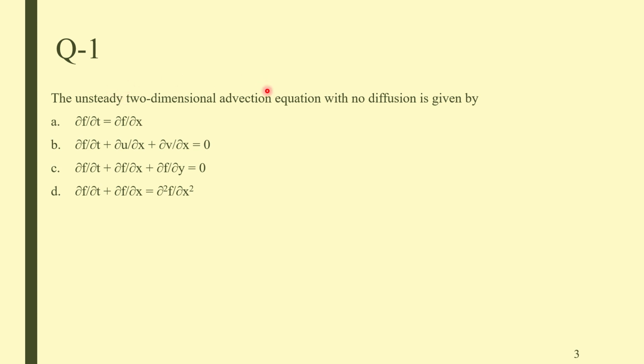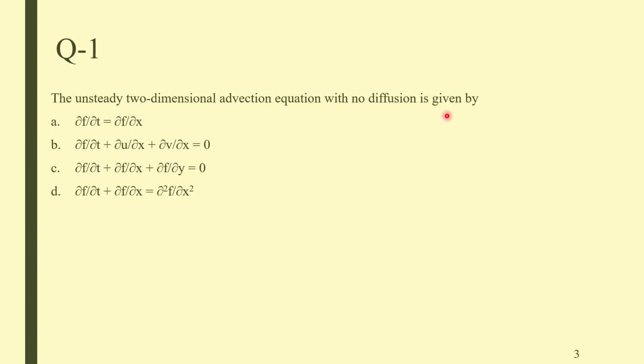Next is the two-dimensional advection equation. What is given? A two-dimensional equation, so it would be varying with respect to x as well as y. On that basis, option A involves only one dimension, that is the x dimension, so it would not be the desired possibility. In option B, it is x and x, in option C, it is x and y, and in option D, it is x and x square. On seeing that only these two include x and y, the unsteady two-dimensional advection equation with no diffusion is given by